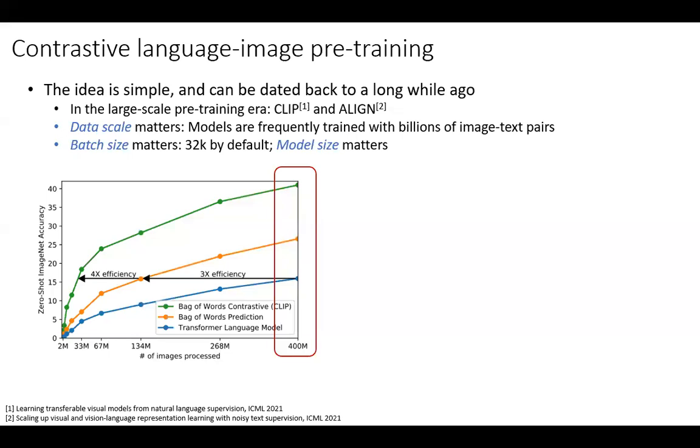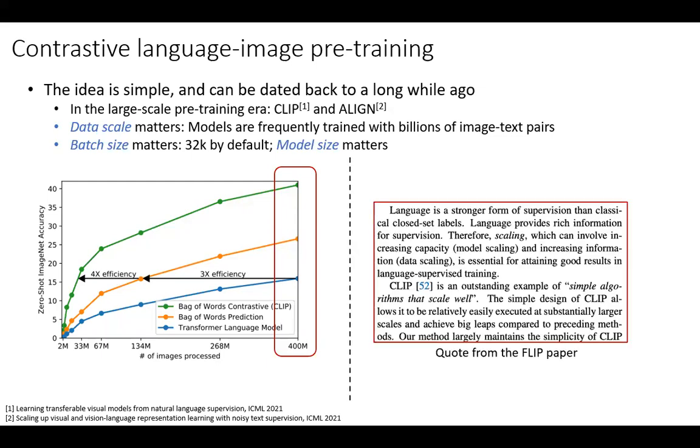And also, if you want to scale a model, there could be three dimensions: the data scale, model scale, and the batch size scale. Because it's contrastive learning, usually we will need a very large batch size to do a good job. So this is one quote that I took from the FLIP paper, one paper from CVPR this year,